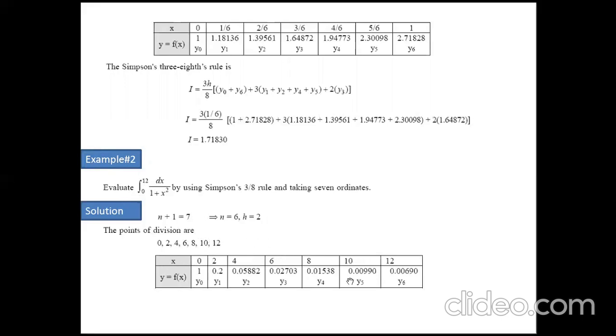Okay, now we can complete the table of x and y. So here in the above row, you have the values of x: 0, 2, 4, 6, 8, 10, 12. And you can get the values of y. What is y? y is your function, 1 over 1 plus x square. So you can get y0 by putting x0, that is 0. It will be 1, then y1, y2, y3, y4, y5, y6. You must verify these values carefully. And after using the values,